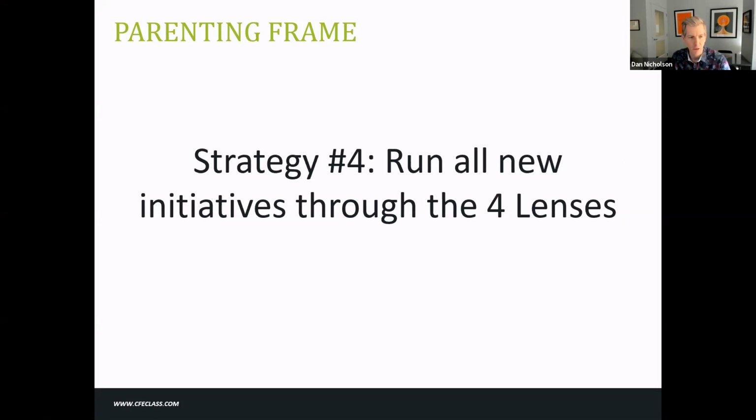Through the parenting frame, again, strategy number 4, which is we're going to run all initiatives through the 4 lenses. Those 4 lenses are, we have 2 qualitative, 2 quantitative. The 2 qualitative are forcing function, time savings. Quantitative are revenue generating and expense reduction. And so we're going to take every single new initiative that we have, and we're going to go and apply